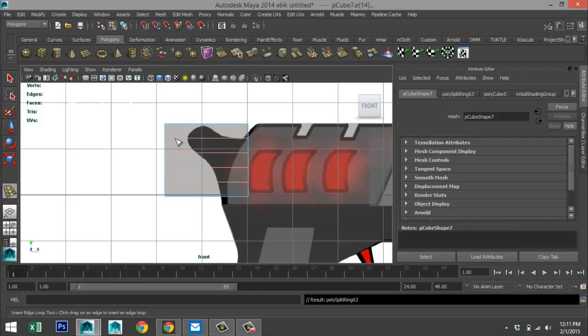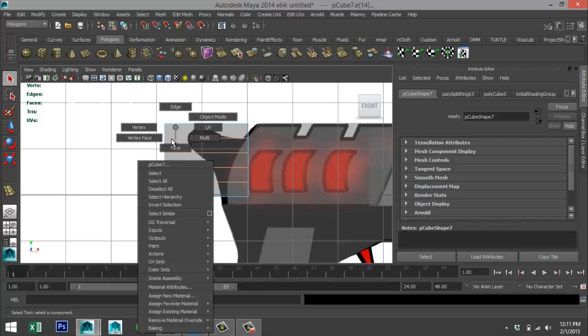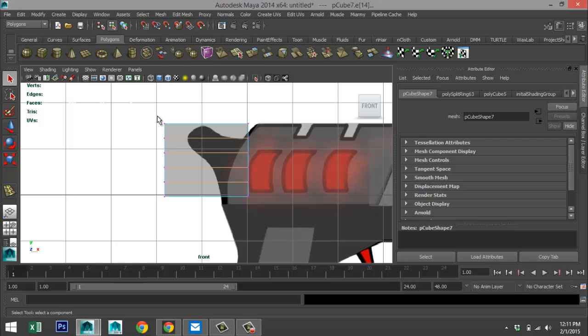All right. Hit Q on your keyboard, right click vertex, drag select these, hit W, start to bring them in. Drag select these two, bring them down, these two.